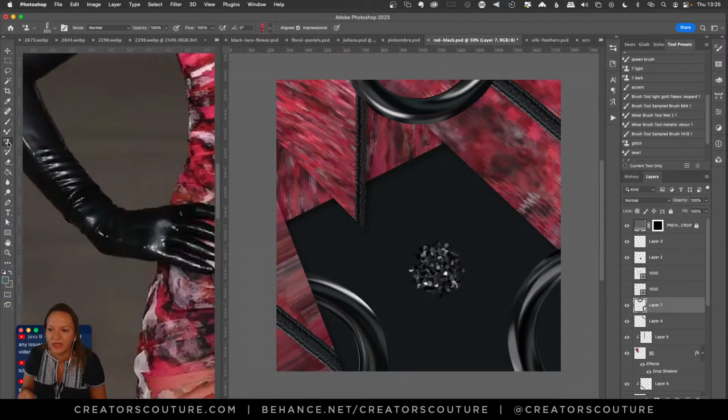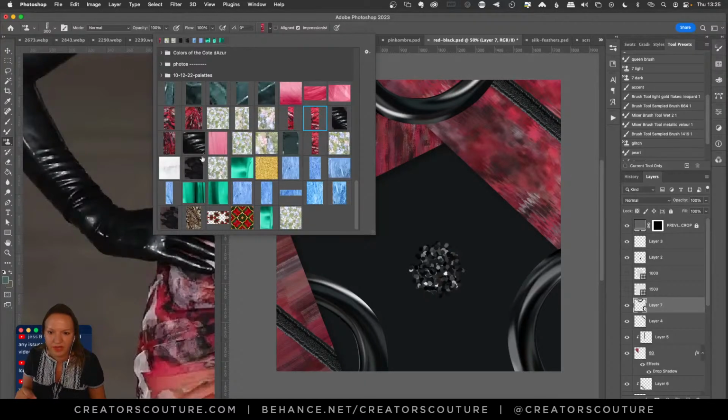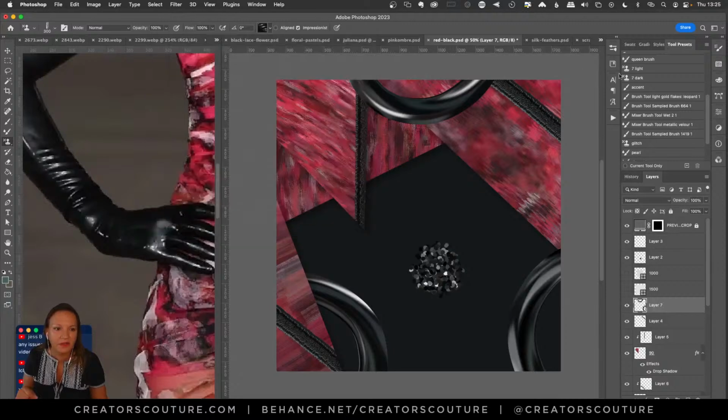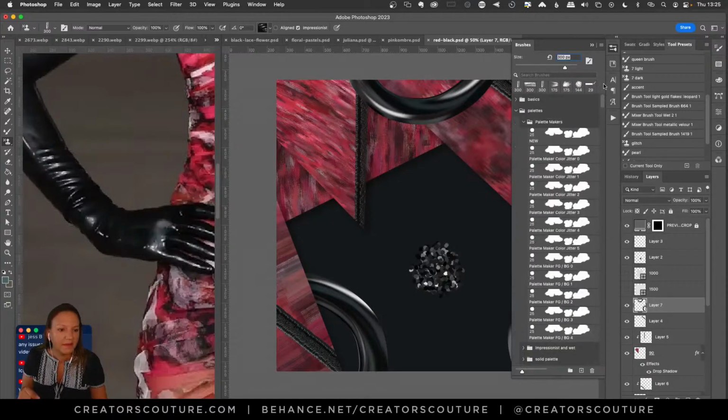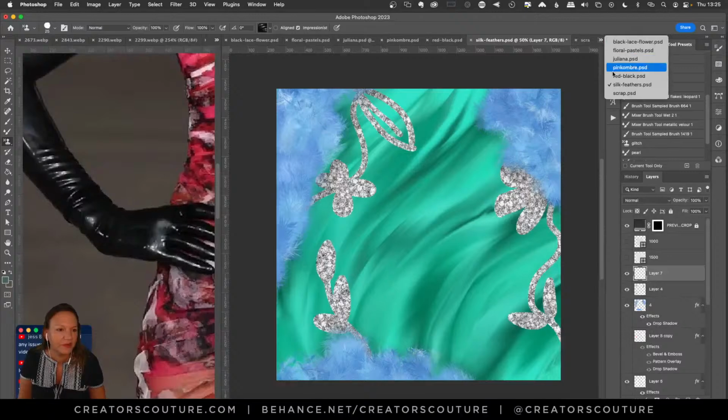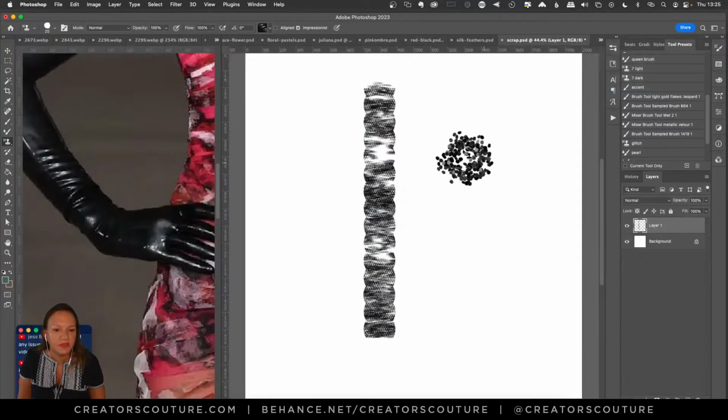And so we're going to use my pattern stamp tool technique. We are going to grab that that we just sampled from the arm here. Grab my palette maker. And let me just go somewhere where I can show you. And so we're just going to create a palette like this and draw a nice little color palette.